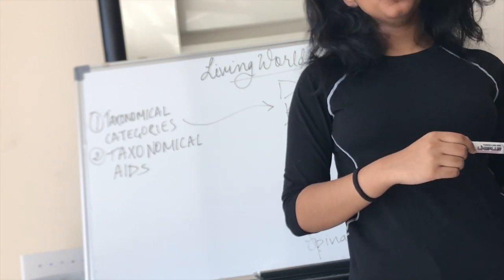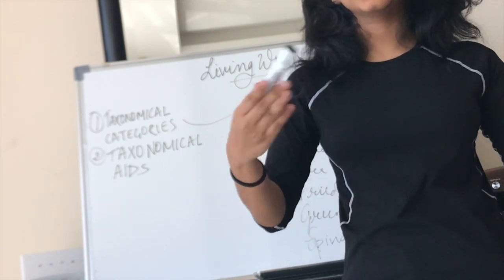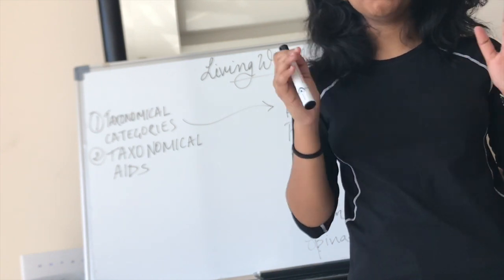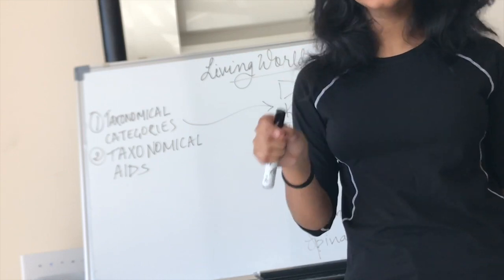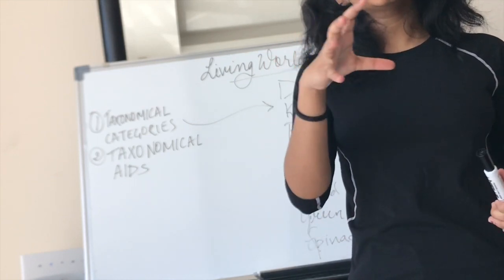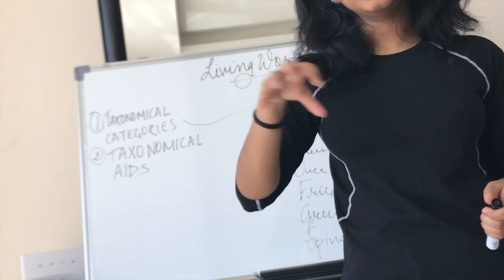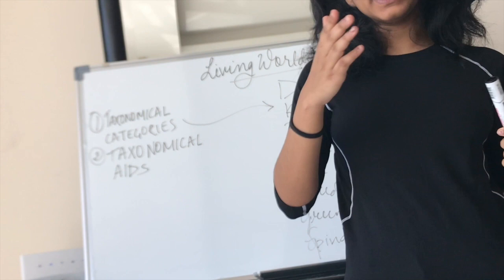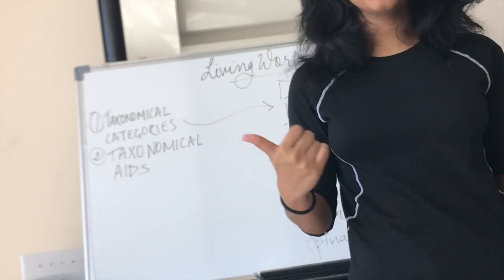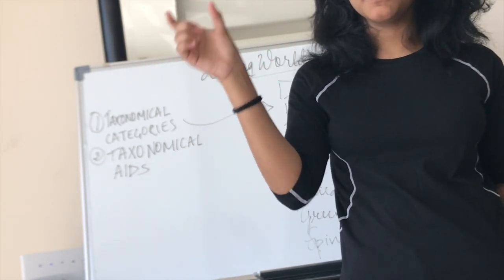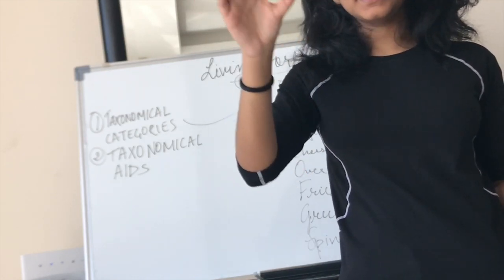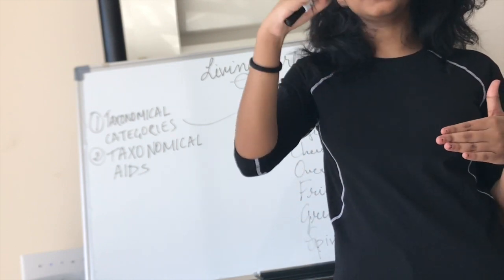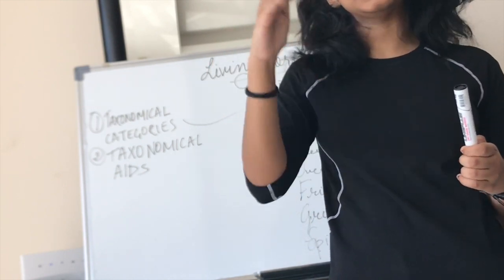If I ask you, what are the common characteristics of insects? You would probably say the presence of 3 pairs of jointed legs, because that is the common characteristic for all insects. So hence we group them in a given category and that becomes the taxa of that insect. Similarly, in binomial nomenclature, we learnt about genus name and species name. Genus is one category and species is another category. Today we're going to learn about how these categories are arranged in a hierarchy in an increasing order.